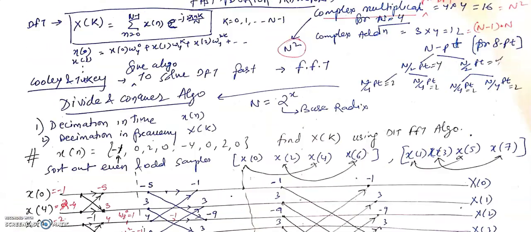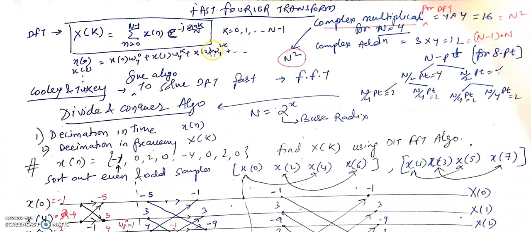Because when we compute the DFT, repetitive operations are done. For example, omega to the power 4 0 is multiplied with x0 when we solve for X(k), and also when we solve for X1, x0 is multiplied with W to the 4 0, because n is 0. So a similar operation goes on in every step.